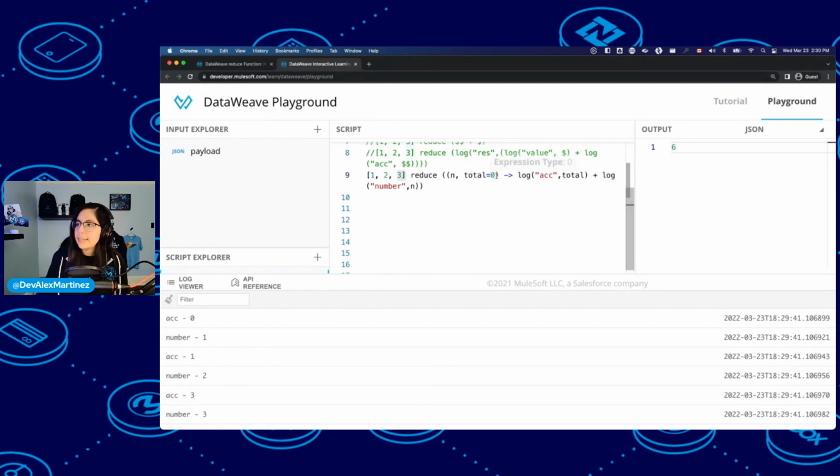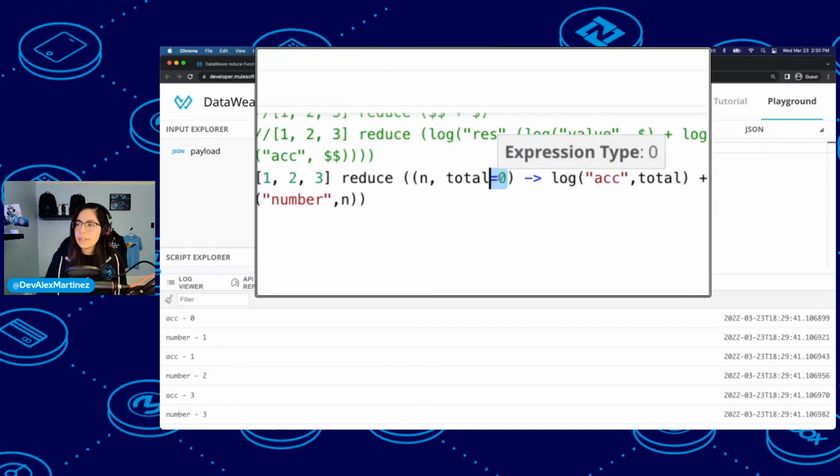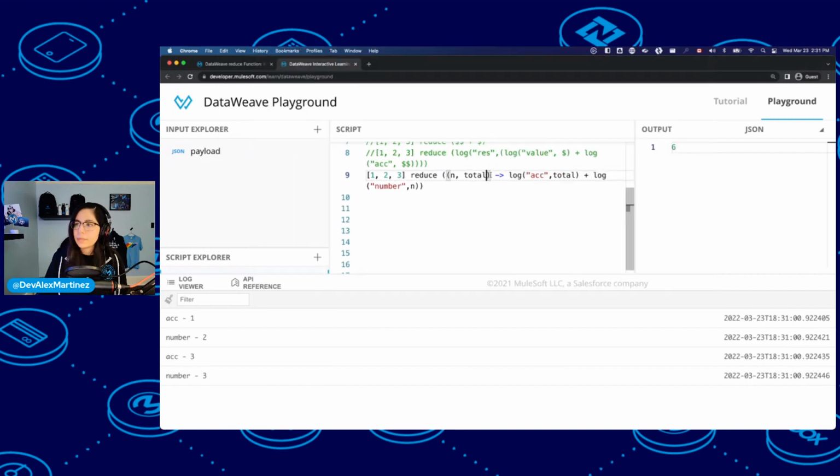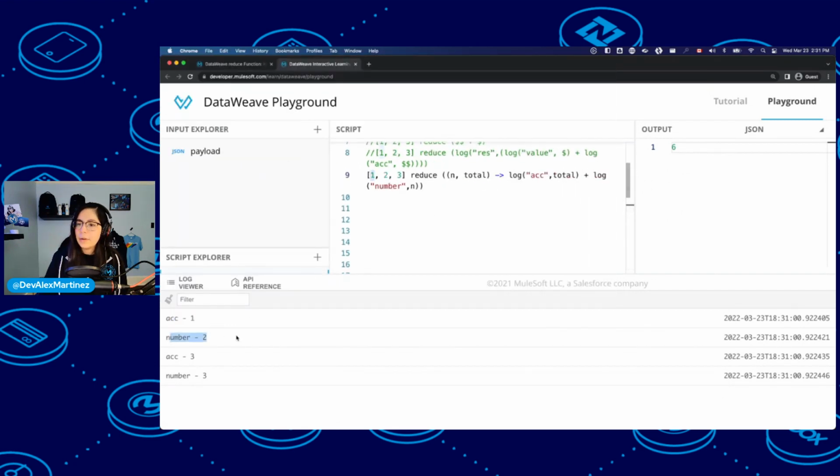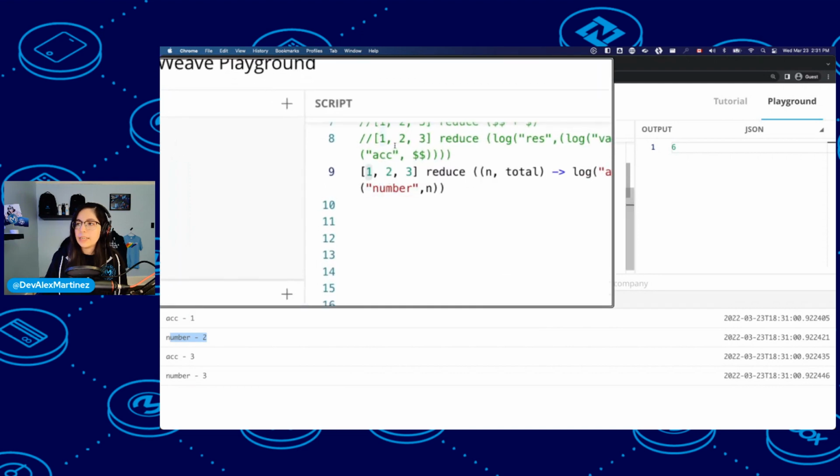And if I take out this total, so if I take out the initial value, then this is going to be 1 iteration less there. So now we have accumulator that starts at 1 because it's taking the first value that we have here. And then the number is 2 because it's taking the second value from here.